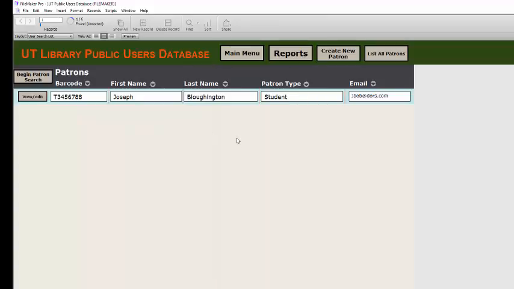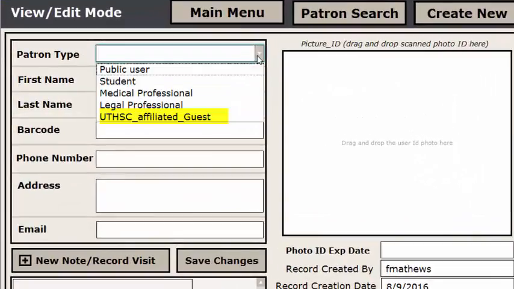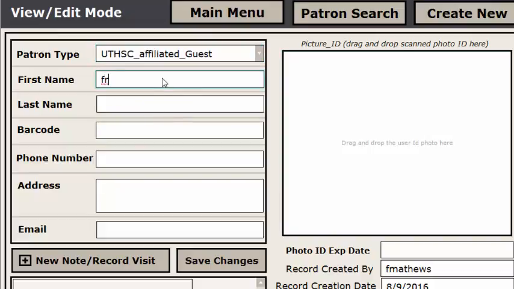If I wanted to create a new patron, click Create New Patron up at the top. Let's say I'm putting myself in as a guest. For a patron type, I'm going to call myself a UTHSC affiliated guest. First name, Francis. Last name, Matthews. Barcode, you can scan the barcode on the public user's card, or if they're just a guest, they don't need a barcode. Phone number, address, email,